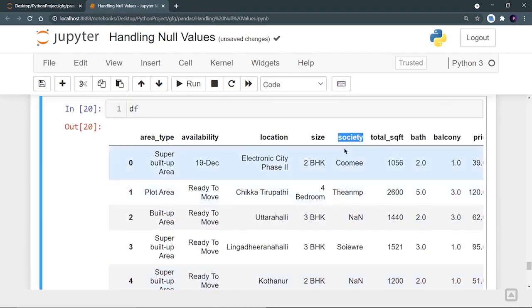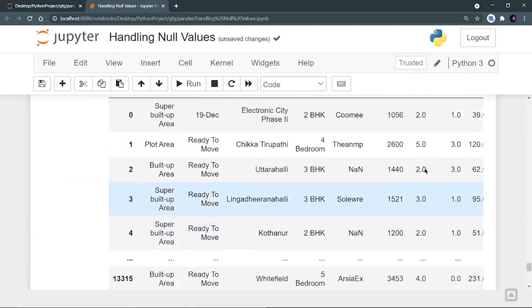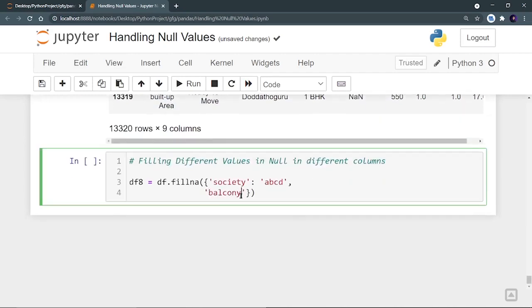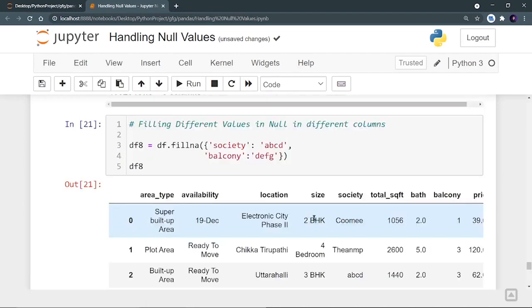So let's take the column name as society, and in society you want to fill this with, let's say, ABCD, right? So let me put it in a string ABCD, and the second column name is balcony. So let's copy it and paste it, and here you want to fill the null value with DEFG, right? So let's print it and let's see what we have got.